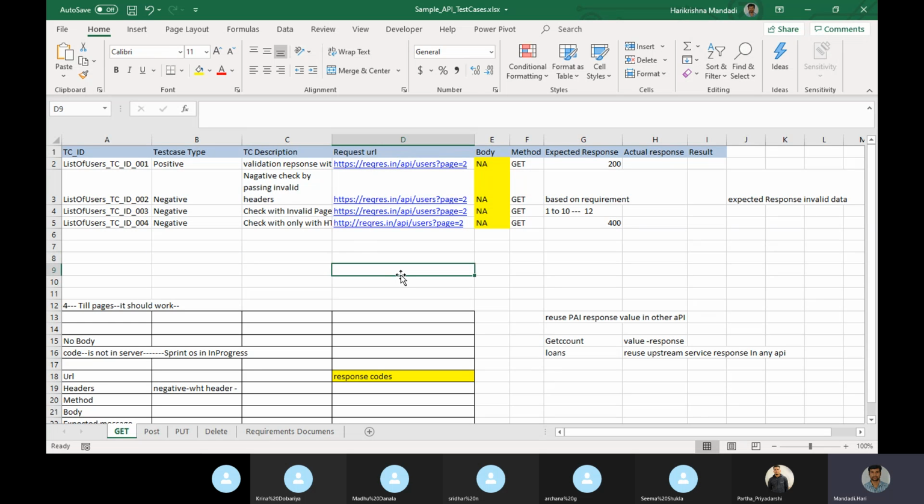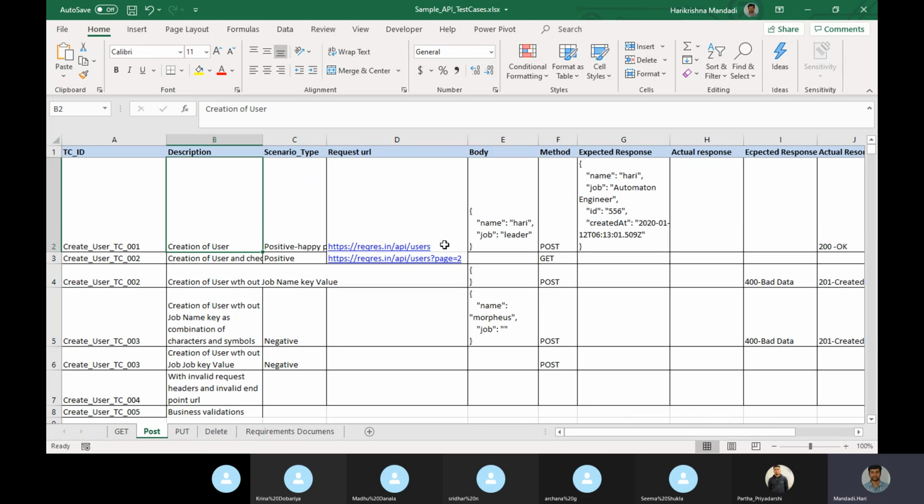Suppose you take the Amazon application. Amazon may have thousands of web services or APIs. Up to here it is common, like HTTPS Amazon.in. After that, search product, login user, register user, payment gateway, so this will change. That's it. In the same way, this is a different API endpoint, or service, a different service. So the URL is this, users.